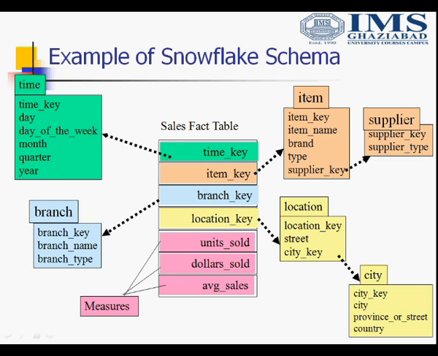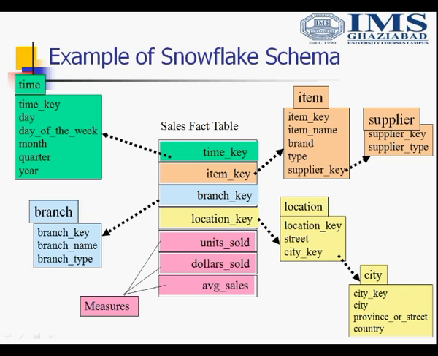Another one is the snowflake schema. Generally, the snowflake schema is an extension of the star schema where the dimension tables are normalized. We can say that in the snowflake schema, dimension tables are normalized further into smaller dimension tables. It removes redundancy and saves our space and time. So the snowflake schema has greater performance as compared to the star schema. The structure is like a snowflake. That's why it is known as the snowflake schema.